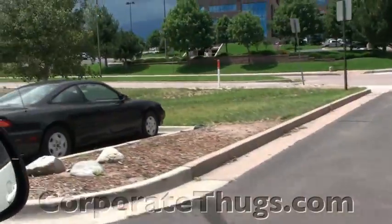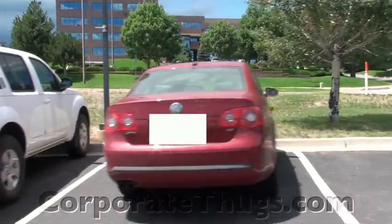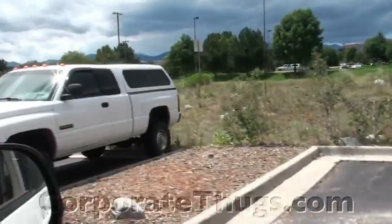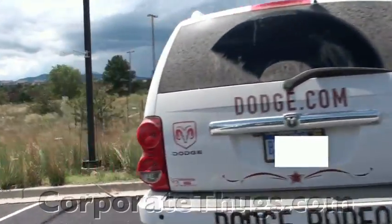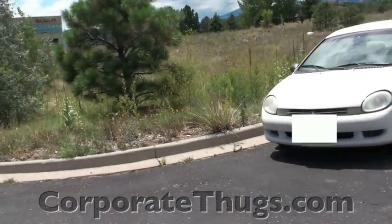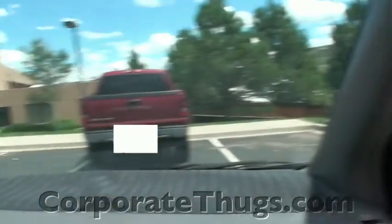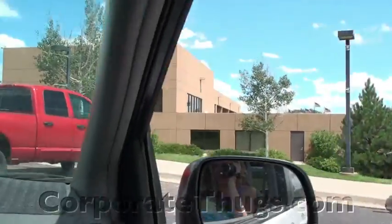And we'll come up here and we see another Mazda, and a Volkswagen, and a Nissan. They're big on Nissans here. There's our third Dodge, a fourth Dodge, a fifth Dodge. Ooh, I guess this must be the Dodge section. And there's a Dodge Neon. Well, look at that. Half of the parking lot is for Dodges, and half is for everybody else. Oh no, not quite. Here's a Chevrolet Silverado pickup, another Dodge,